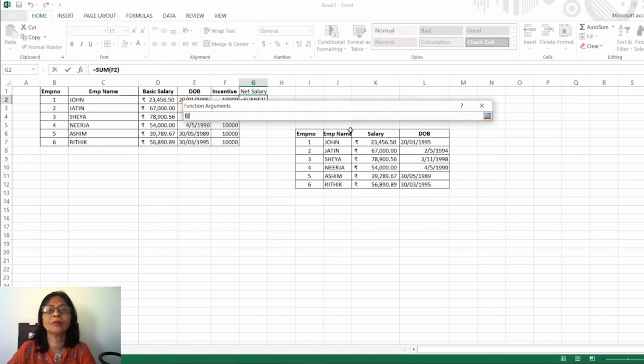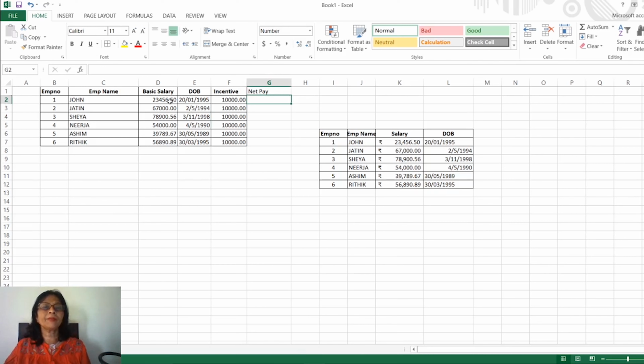Click on this red arrow and it will be the function argument. Previously it was with the rupee sign, but as we are going to calculate the net pay by adding the basic salary and incentive, I have removed the currency character from the values. Now for calculation we will use the formula as you learned in my previous video.